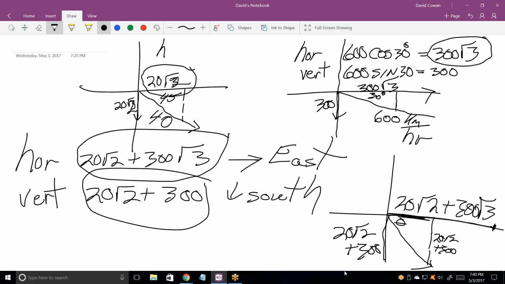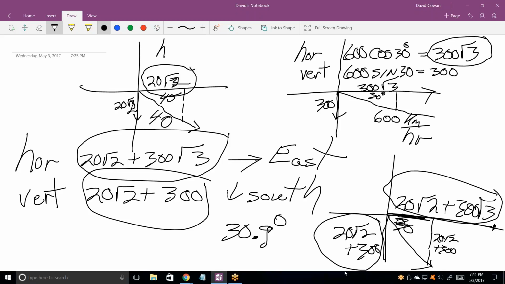Because the plane was headed at 30, but the wind was at 45, so it's going to push it a little further south at a southerly angle. So let's come up with that angle. What's the inverse tan of that numerator? Excuse me, I got it backwards. The inverse tan of the y coordinate divided by the x coordinate. I got 30.9 degrees. Okay? That's what that angle is. So the plane is actually going to end up going at a bearing of 30.9 degrees and at